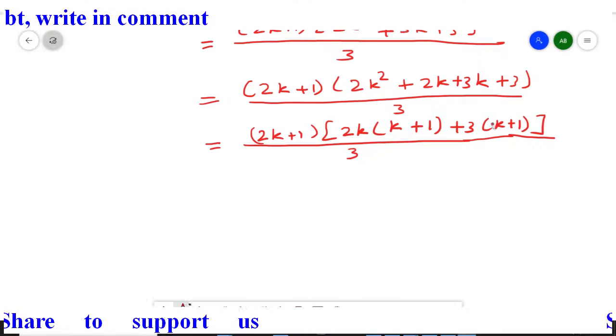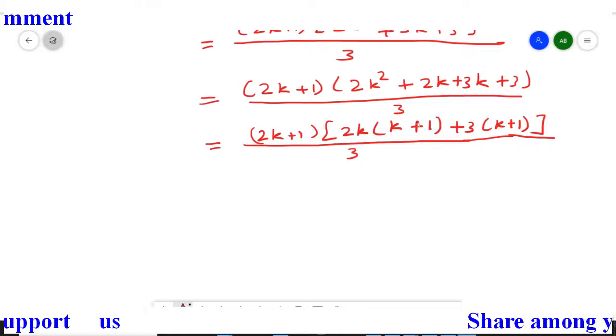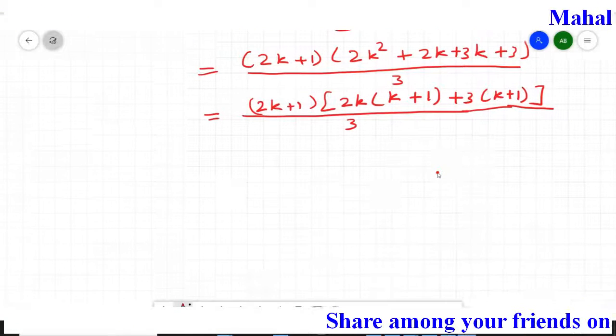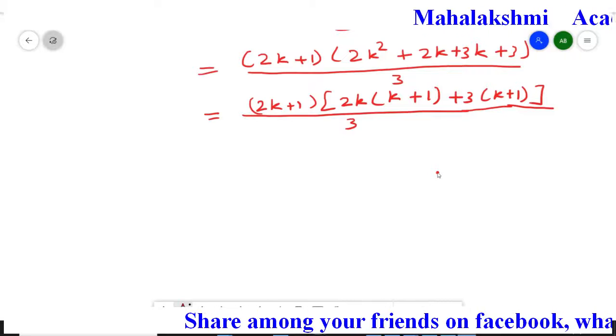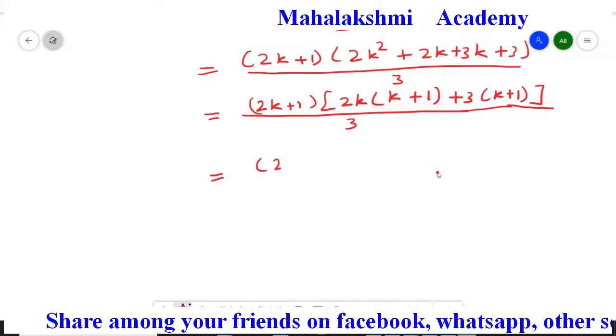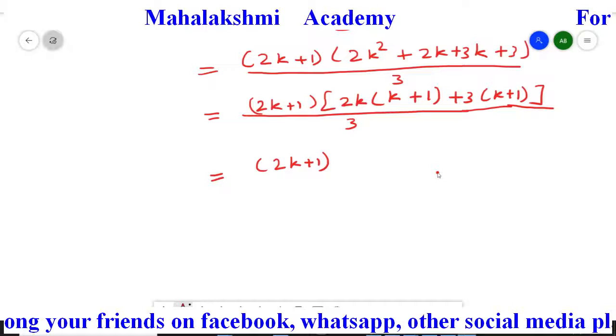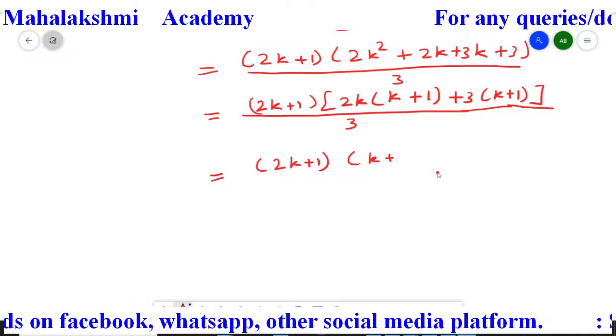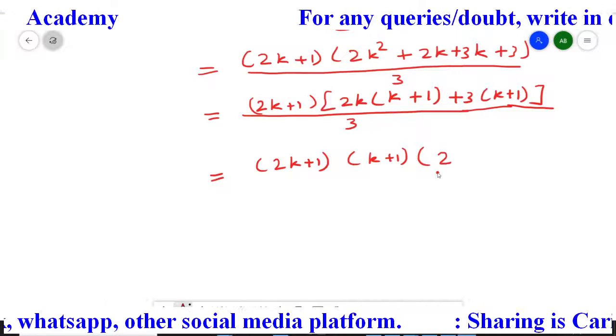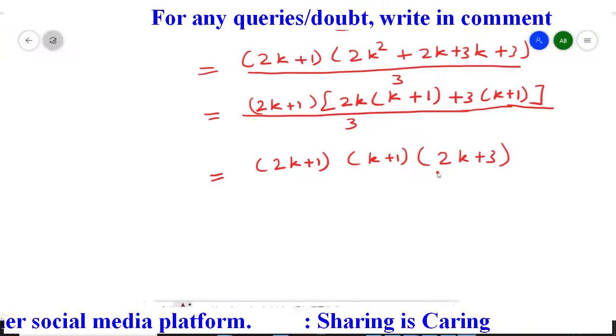Now in these 2 terms, the bracket k plus 1 is common, so we will again take it common, and that will give us bracket 2k plus 1. Bracket k plus 1 we take common, so we are left with 2k plus 3,